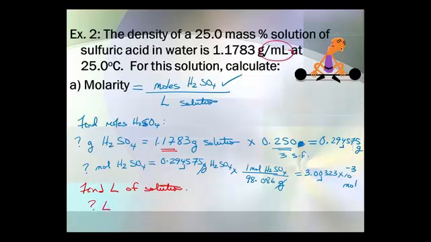So how many liters equals 1.0000 milliliters? 1,000 milliliters equals 1 liter, so we have